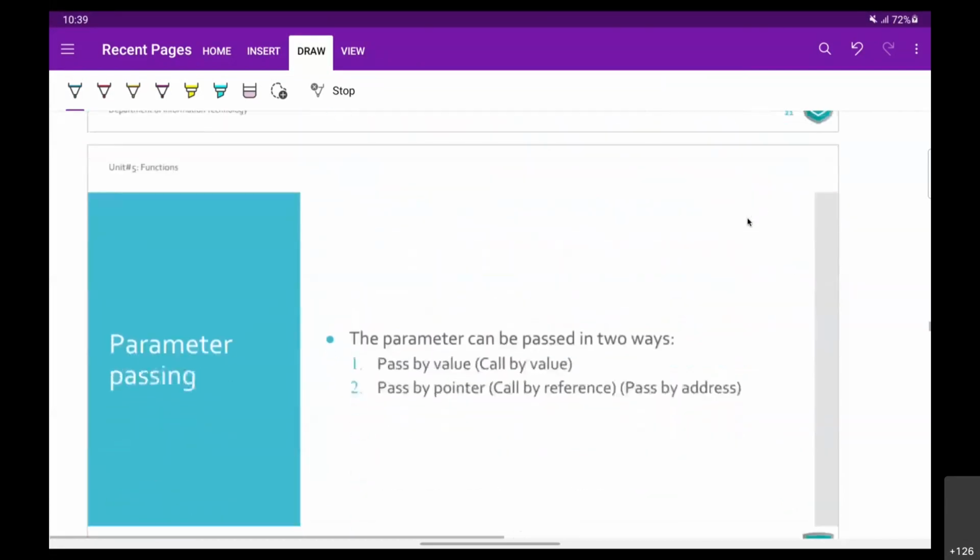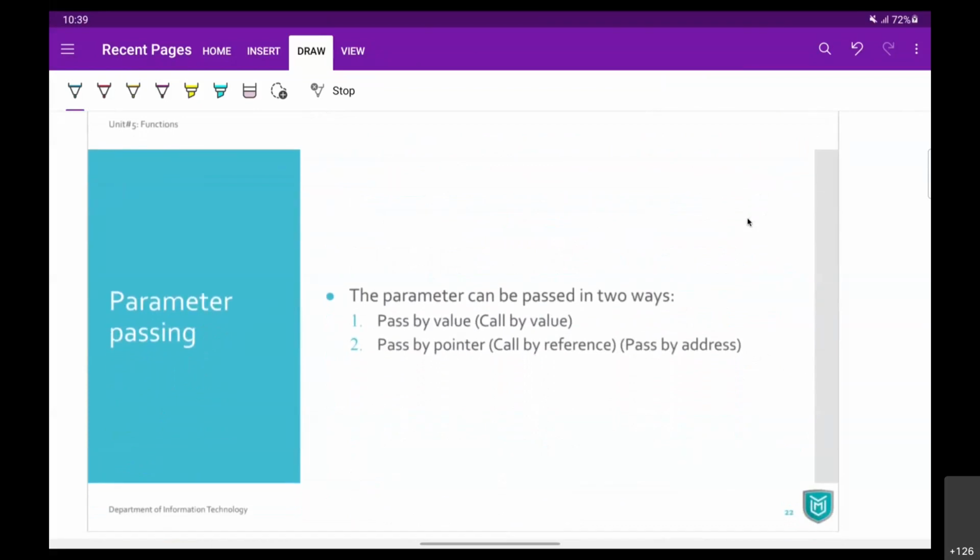So next thing, let us see the different types of parameter passing. When we send a value, when we receive a value. So there are 2 different ways. The first one that we have already seen is call by value or pass by value. We simply pass a value and the copy of that value will be generated on the other hand.